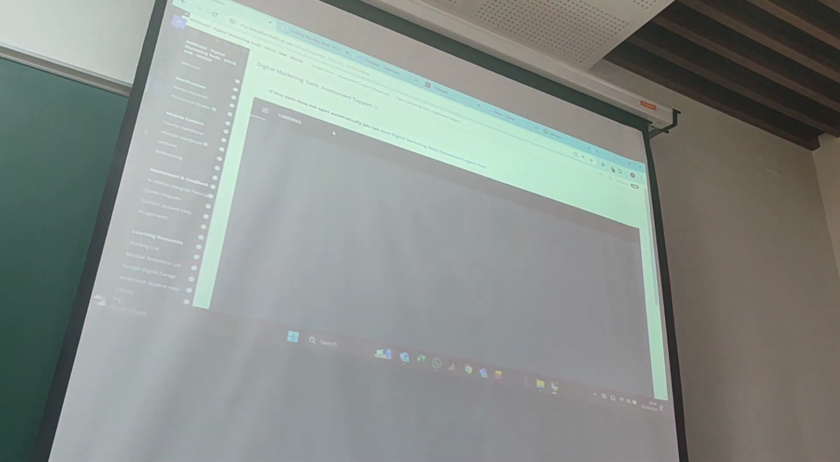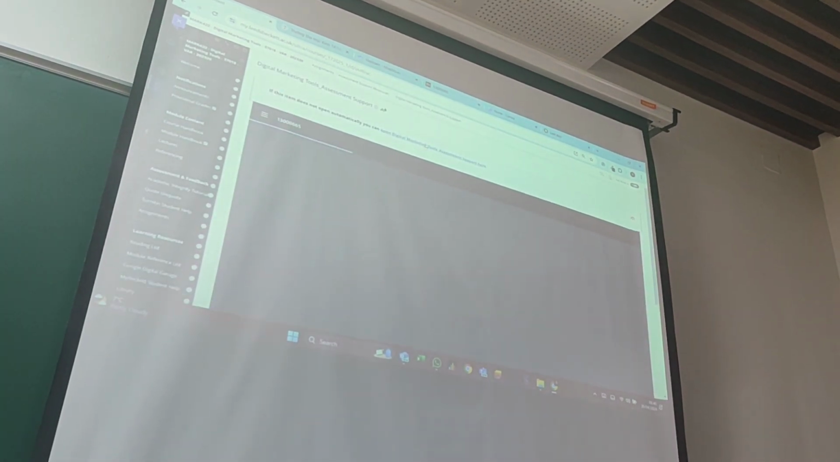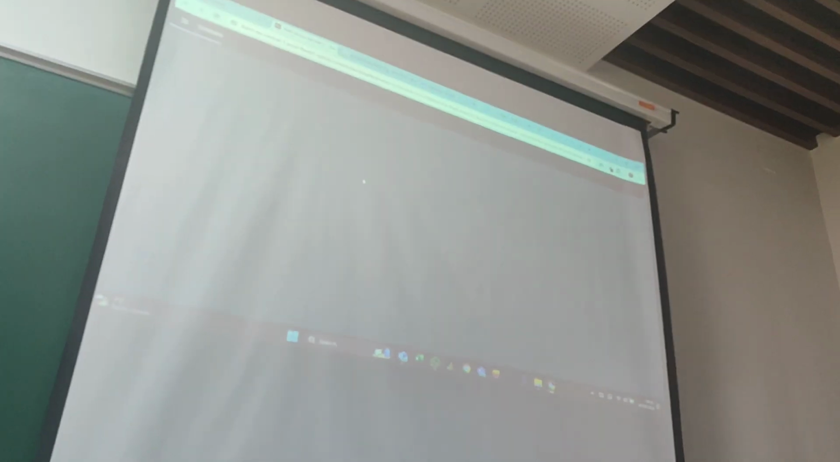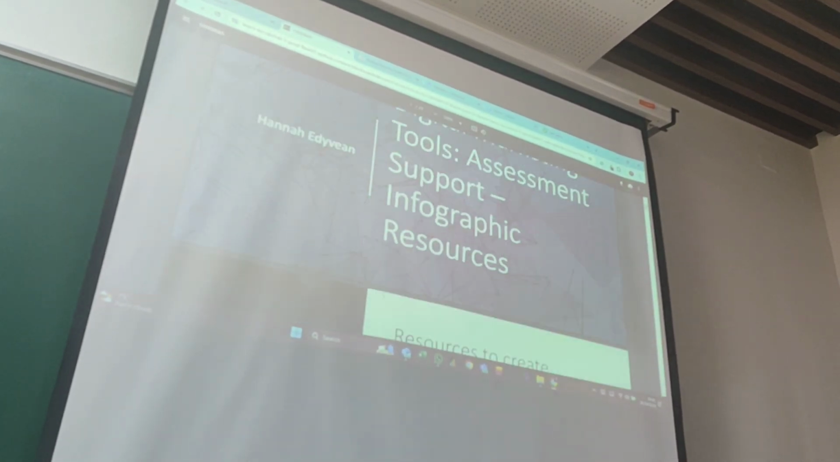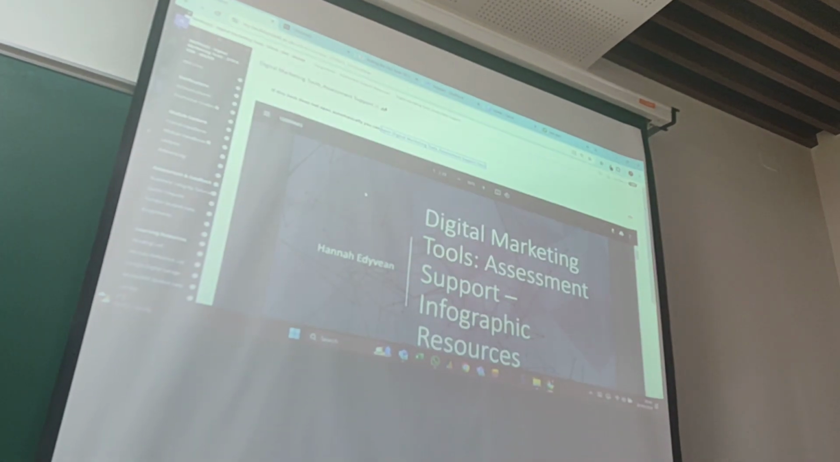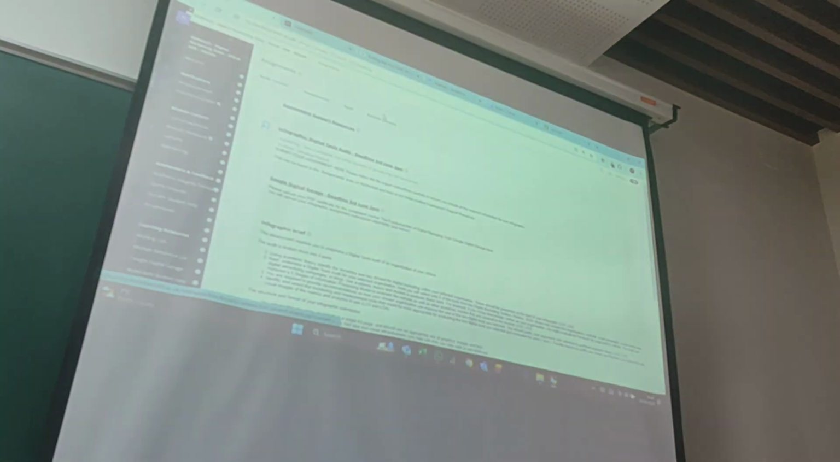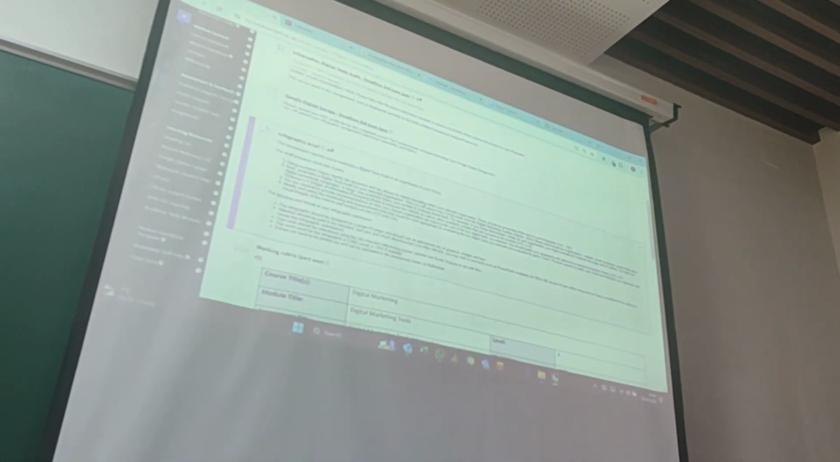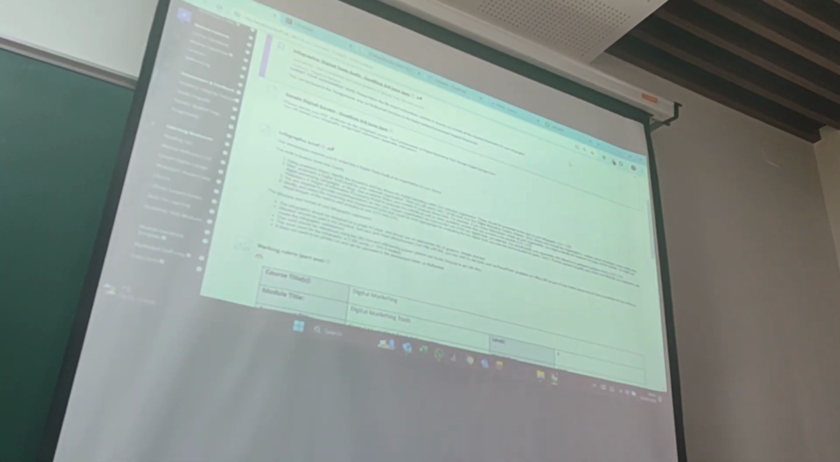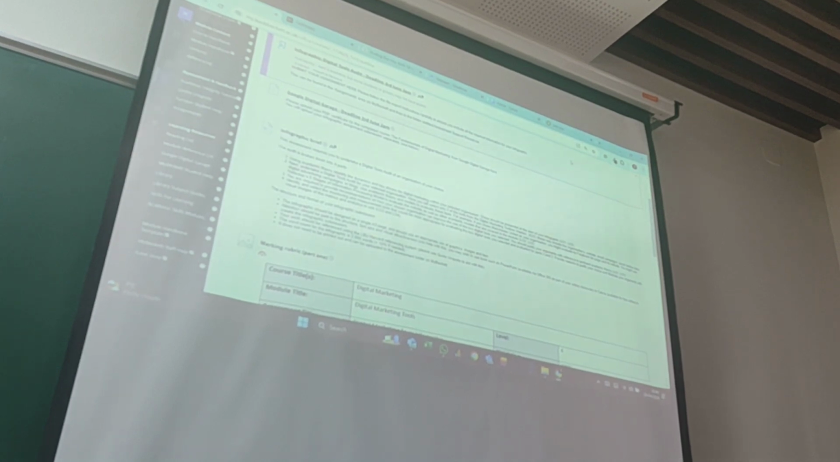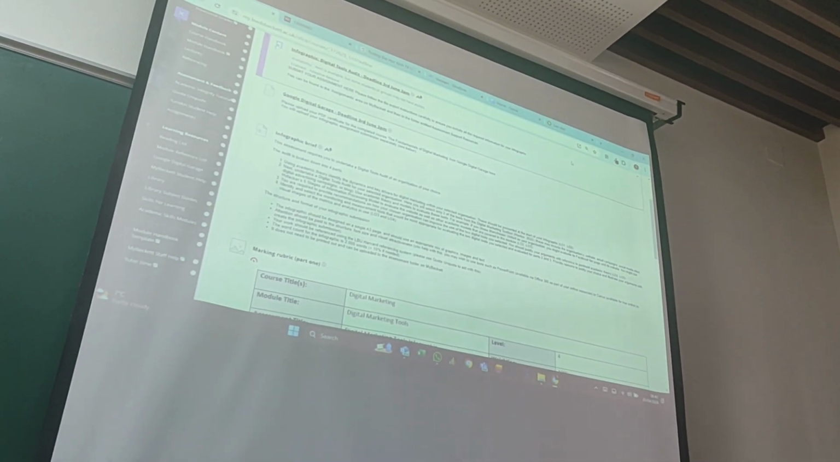This file, which is the instruction, basically a guide to how you can create your infographic. So I'll just go over that. The assignments again. So you are, as you know, creating an infographic